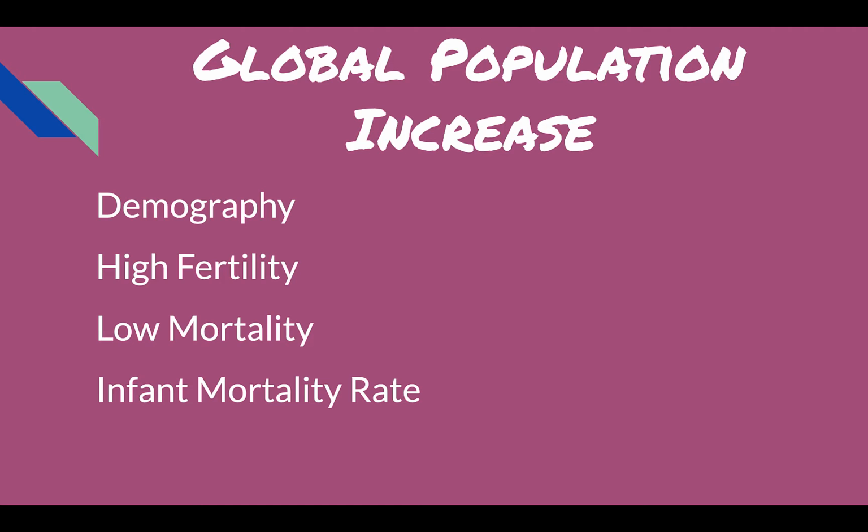So we're going to talk about how these things change a little bit depending on development, or at least how the different theories look at it that way. But a more accurate measure is what they call the infant mortality rate. So the infant mortality rate is the number of babies of every 1,000 babies who are born who end up dying before their first birthday. And this is a pretty good measure to give us an idea about the health and the welfare of the people within a particular population.